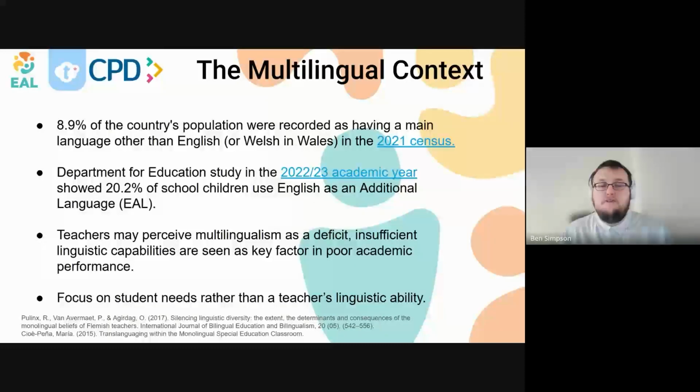Because I know a lot of the times teachers will think, I have an EL learner or I have a multilingual learner that has a language that I don't speak or I'm not very proficient in, and there's a tendency to shy away from that, to kind of ignore it, leave it to the side. But we'll have a look today at how we can be more confident in bringing that language into the classroom, or being more comfortable allowing that language to shine during classroom contexts.